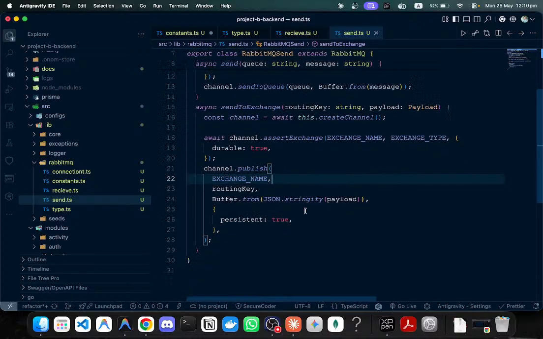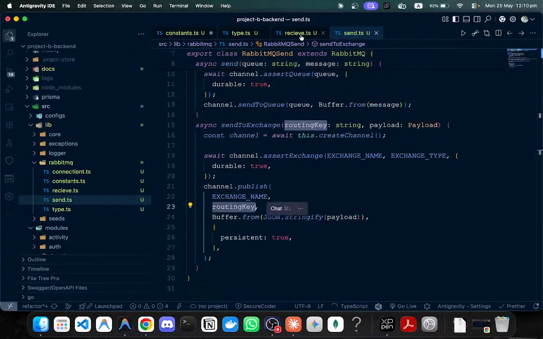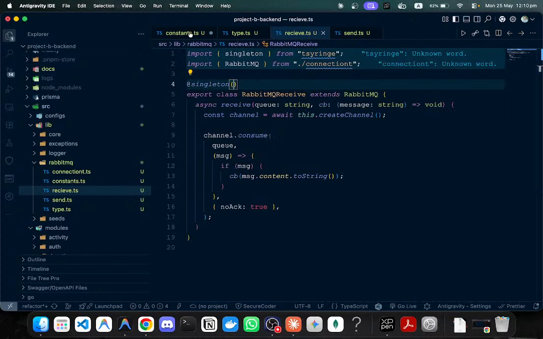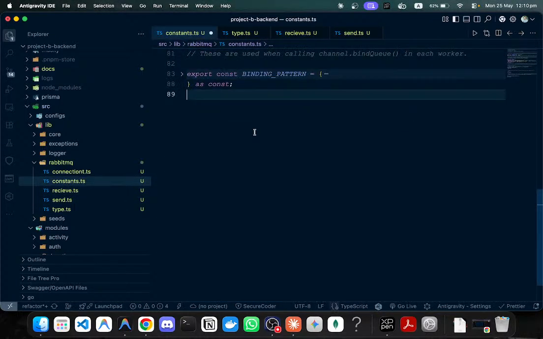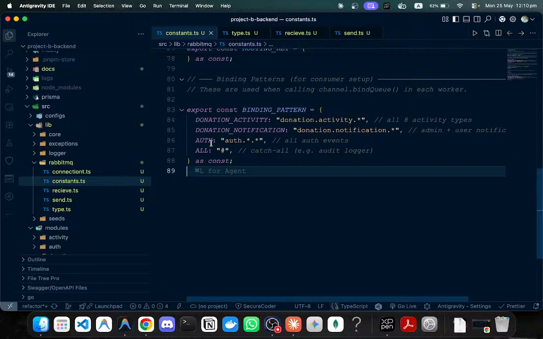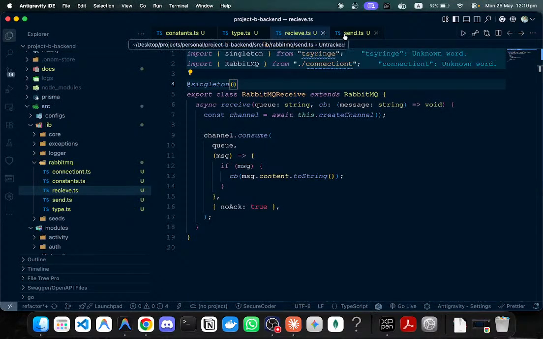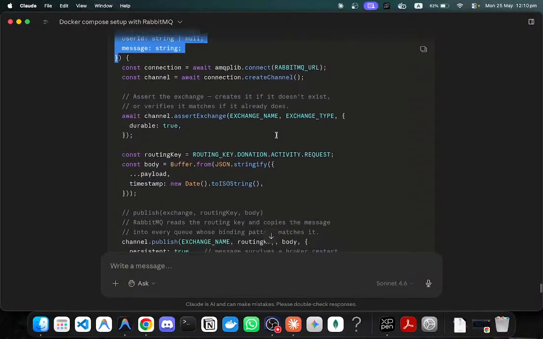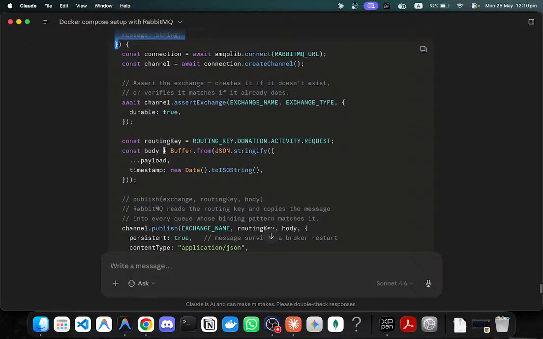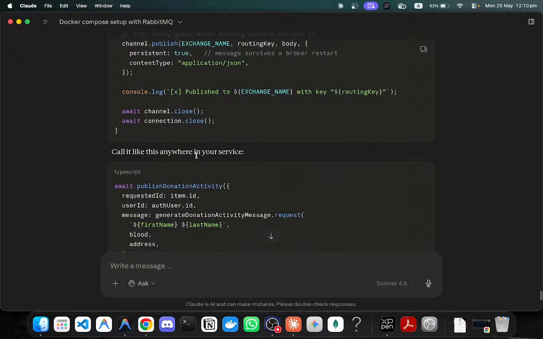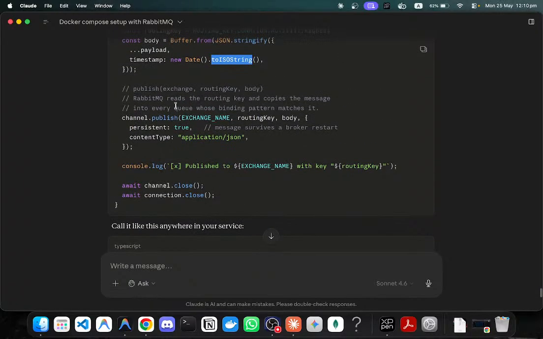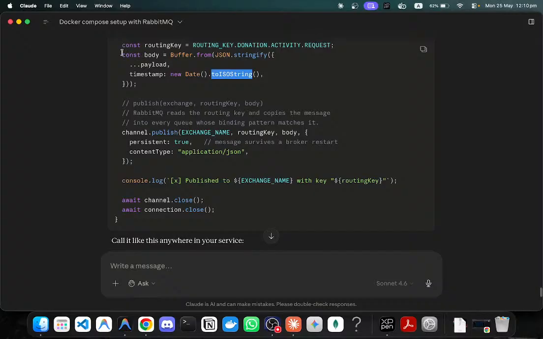Okay, so the routing key. So the binding pattern. Okay. This is the routing key. The body. Okay, body is... okay. Let's do this so that